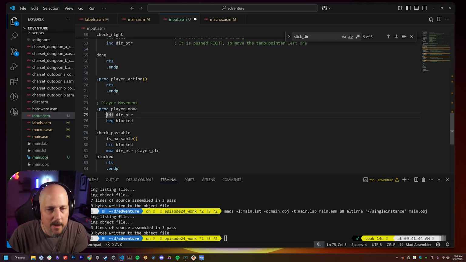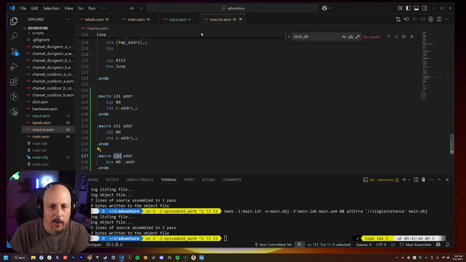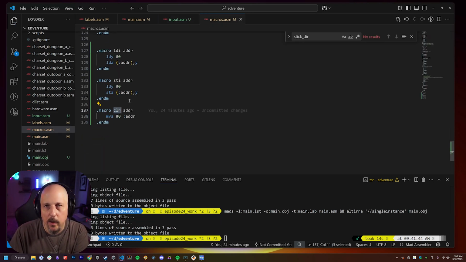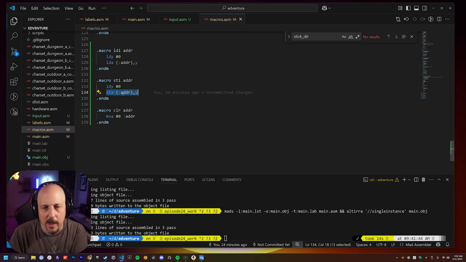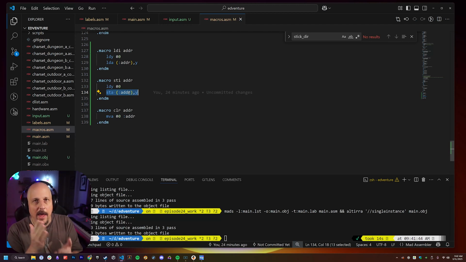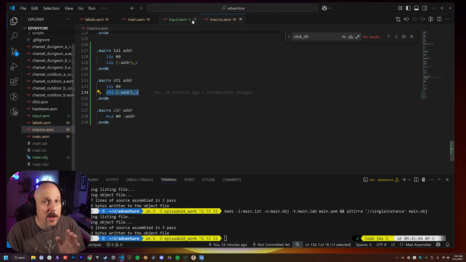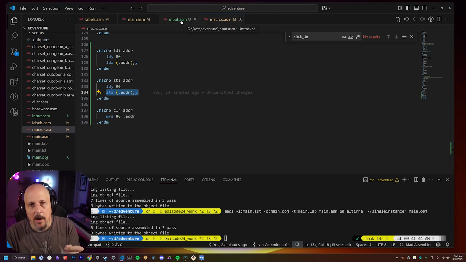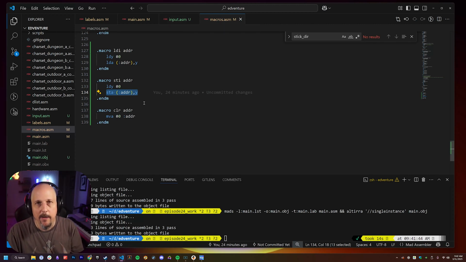So this is the macro that we created called LDI. It's a little simple macro that loads 0 into the Y register, and then it just dereferences whatever's at this address. It says, give me the tile that is at this address, with no offset. That's the key thing here. A lot of times when you're using the indirect addressing mode with the Y register, because that's the only one you can use for indirect addressing,